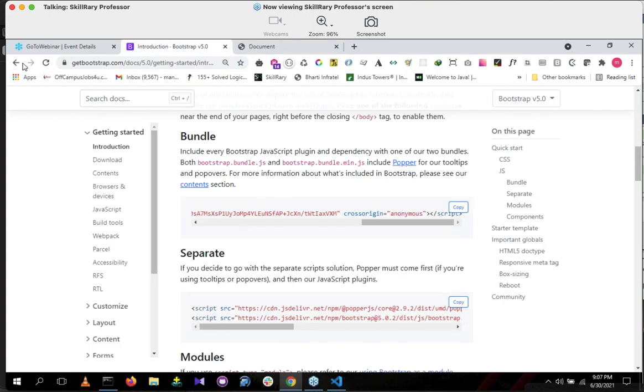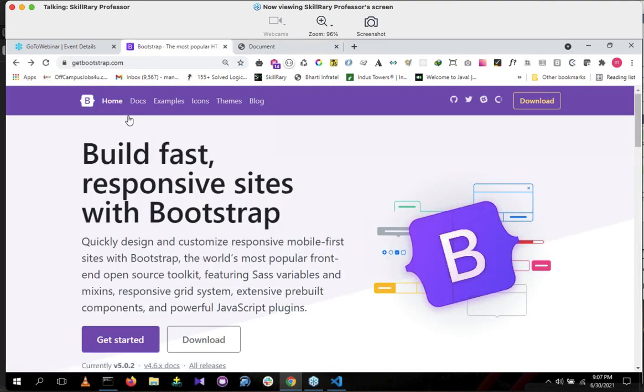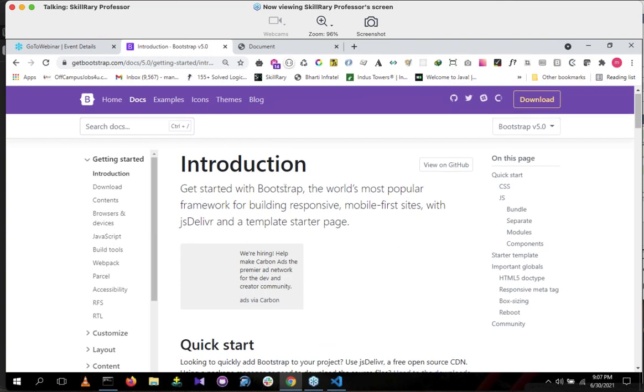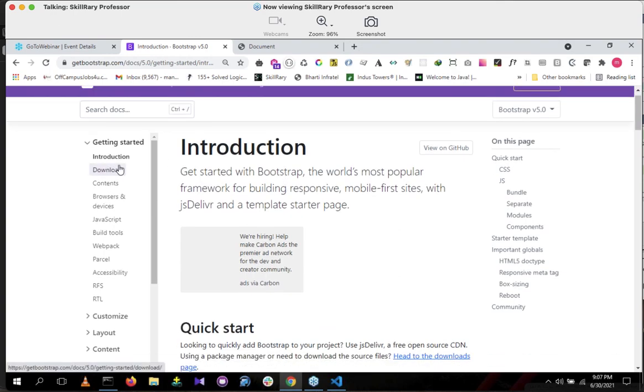I'll tell you. Once you are entering inside this Bootstrap, click this docs, scroll down. Here you'll have download. This one. Is it visible, guys? Everyone getting like this? In your link, you will have this download.